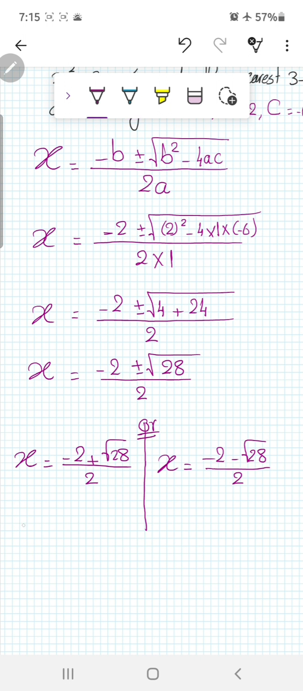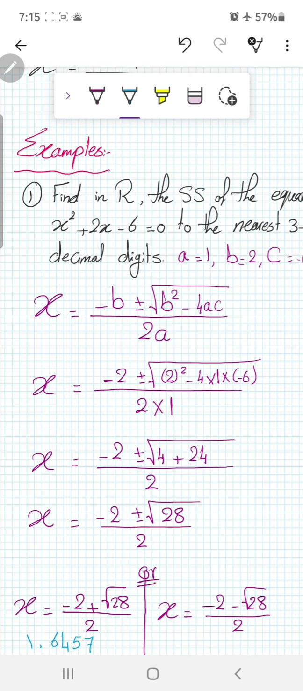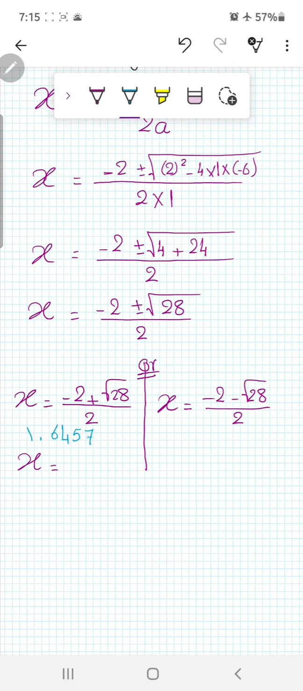Okay, get the result by using your calculator. If you used your calculator, the result will be 1.6457. In the example, we want to get the nearest 3 decimal places. So we look at 5. Before 5, the reach number is 7, so we increase 5, and it will be 6. So approximated